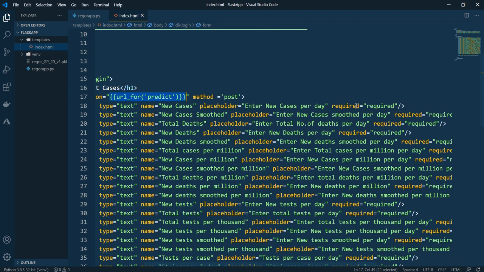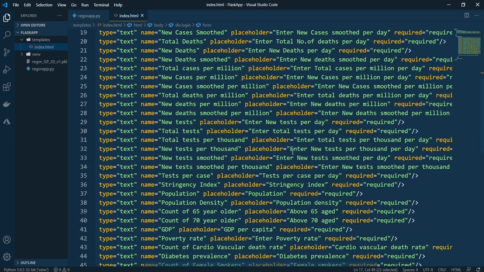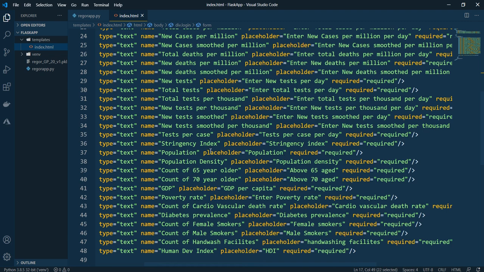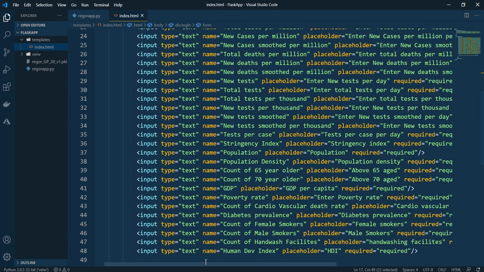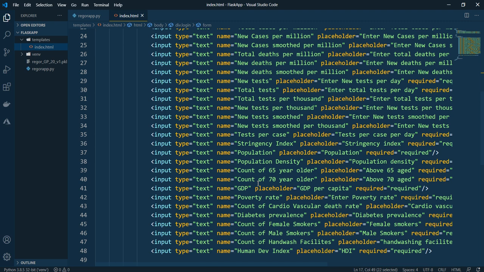I have to keep this, else the user will not understand which is the required field and which is not. If he feels bored to enter some of the fields, then the model will also feel bored for prediction. That's why I've kept required, and there are some placeholders. This is boilerplate code that I've just reused again and again, corresponding to the number of variables.